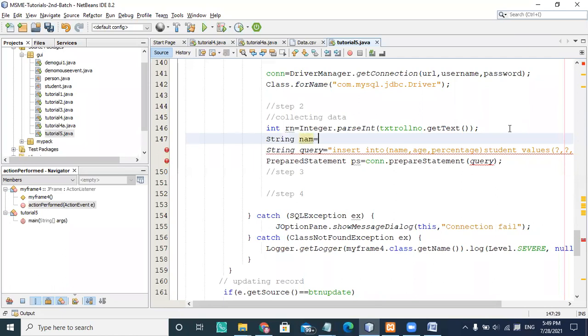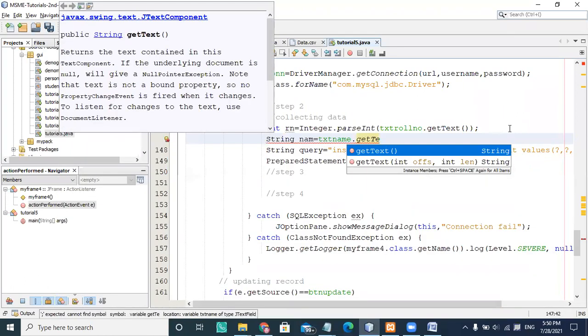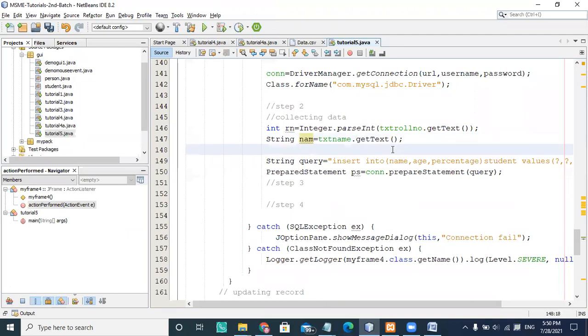I'm using my txt name dot get text, and the return data type is String. If you look at the right hand side, the return data type is given as String, so I don't need to do any kind of parsing.